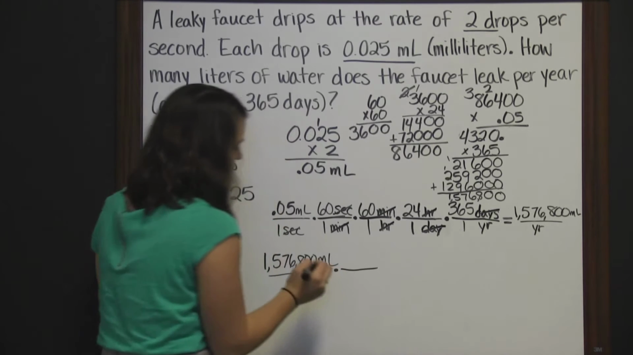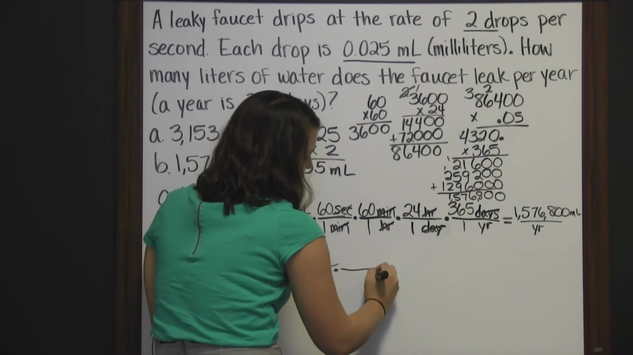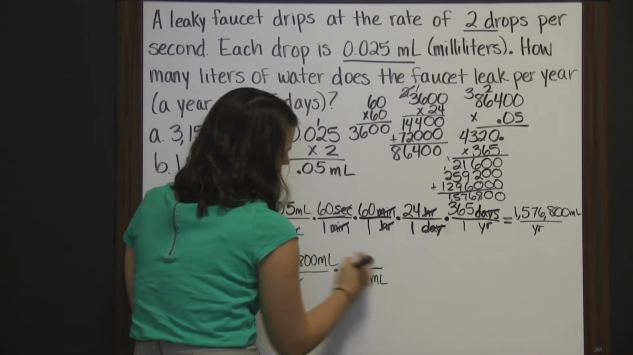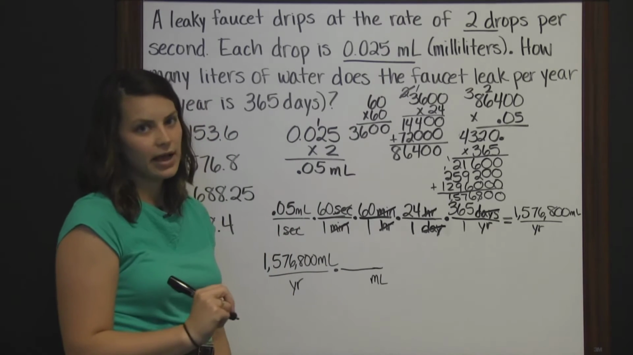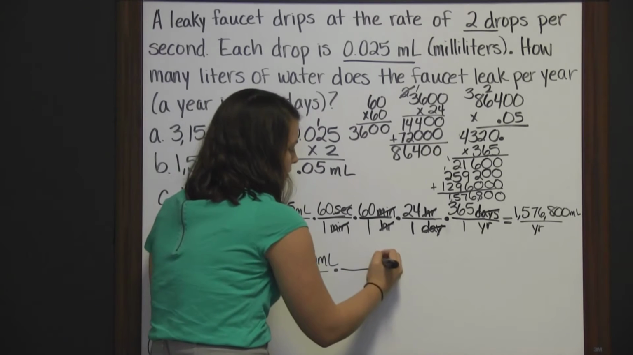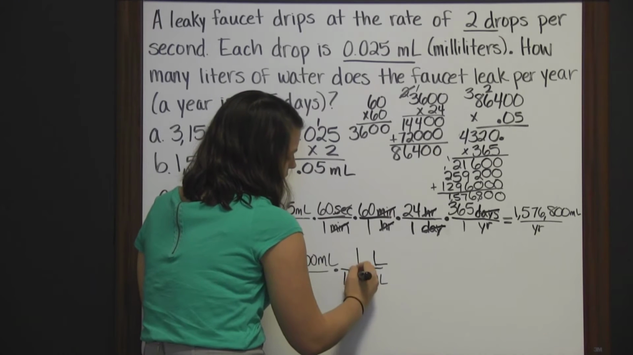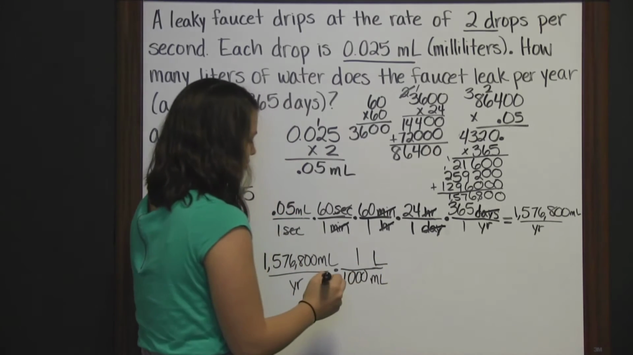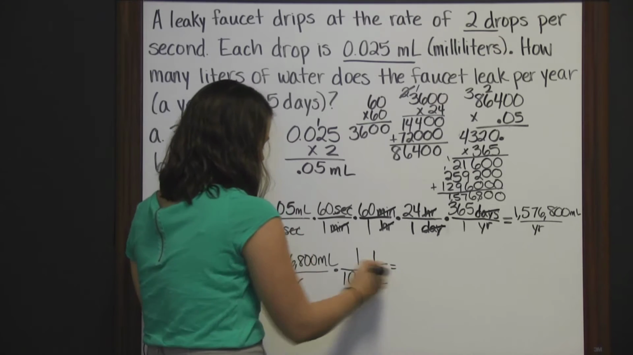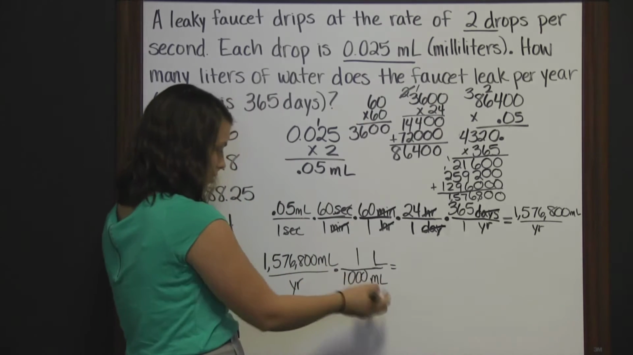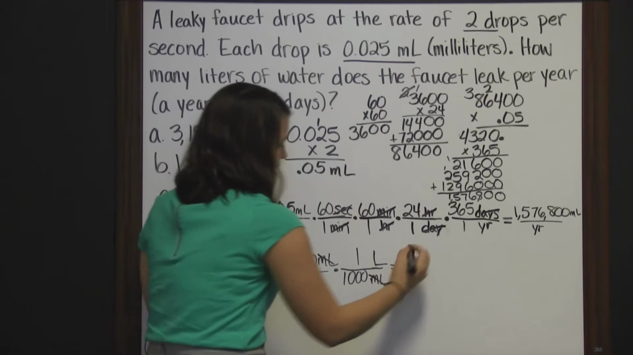So we can again use a conversion factor. Milliliters goes in our denominator so that it cross cancels out when we multiply. And I know that 1 liter is 1,000 milliliters. So when we multiply across, our milliliters cross cancel. And we get